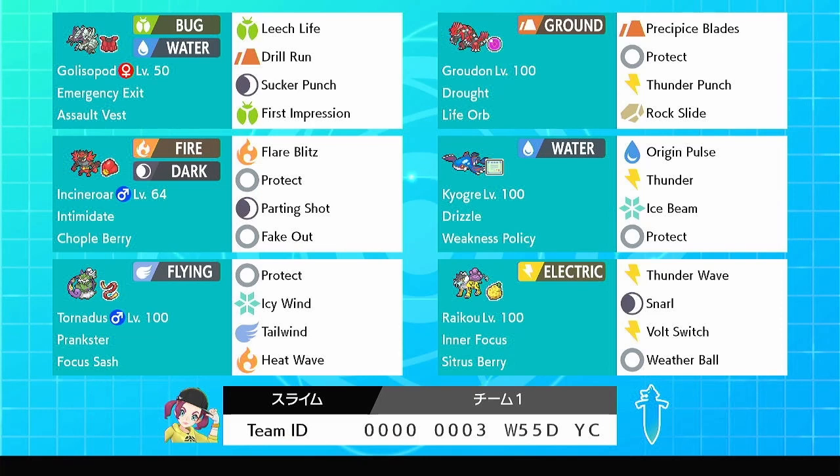So, they had one of the most creative teams at the World Championships that I saw, at least, because I didn't get to watch the whole stream, but for at least the top, it was like 26 in the day 2, basically, like, top 20-something teams. This dude was running Golisopod, he was running Groudon and Kyogre, he had a Raikou. Man, big props to you, man, big shout out to you. You probably never see this video, but,